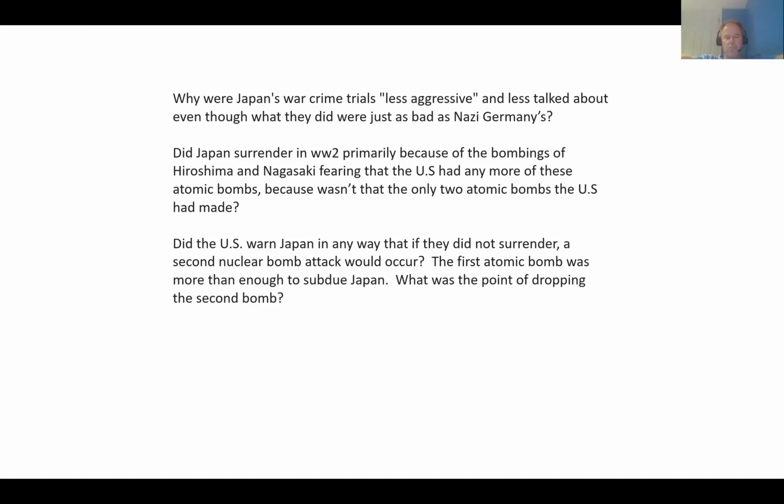Japan did not know that the U.S. was out of atomic bombs, although this would have been a temporary thing, and the U.S. had other material in production, and so they would have gotten another bomb relatively quickly. They did and didn't surrender because of the bombing. The Japanese government wanted to end the war